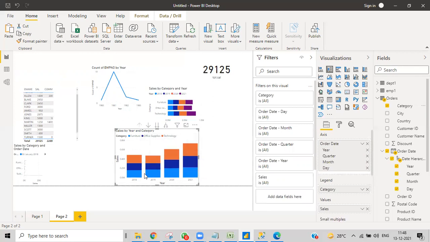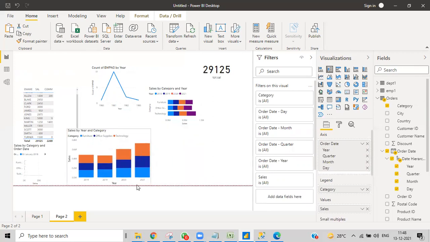If you want to segregate in that, because as we already clicked, it's a stacked column chart. Stacking means nothing but keeping one on one only. So stacked means this one. I'll show you what is clustered, then that will be more useful for you.